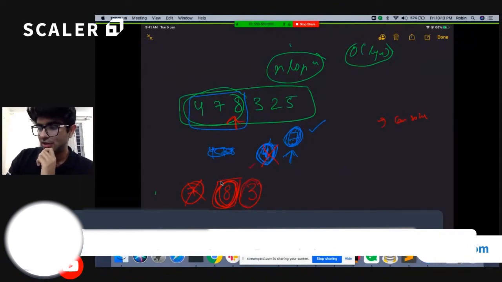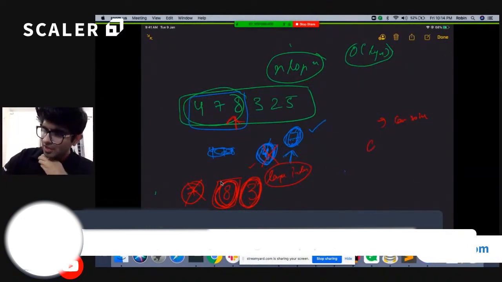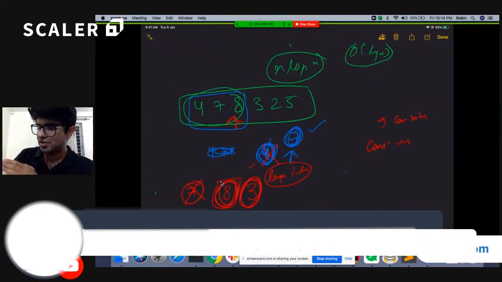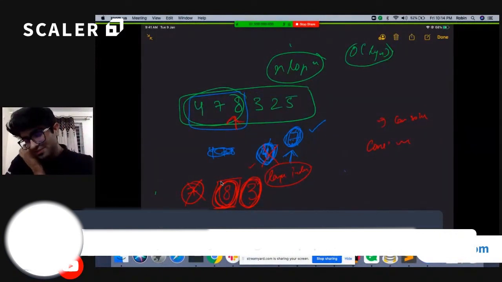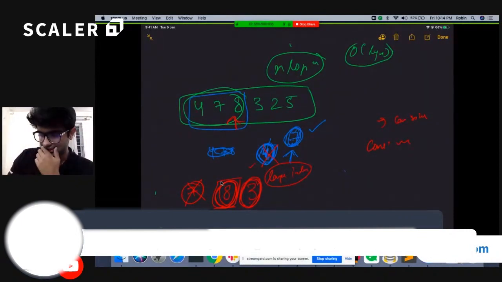I can't say anything now, because it has a larger index, there may be a possibility that for some other window, this will be my answer. So I need to store this data as well. That means we are coming up with some algorithm. If we figure out an element which is greater than a particular element, we can safely remove the element at the end of the data structure. And if I figure out an element which is smaller than that element, I just need to append that element at the end. Nice.